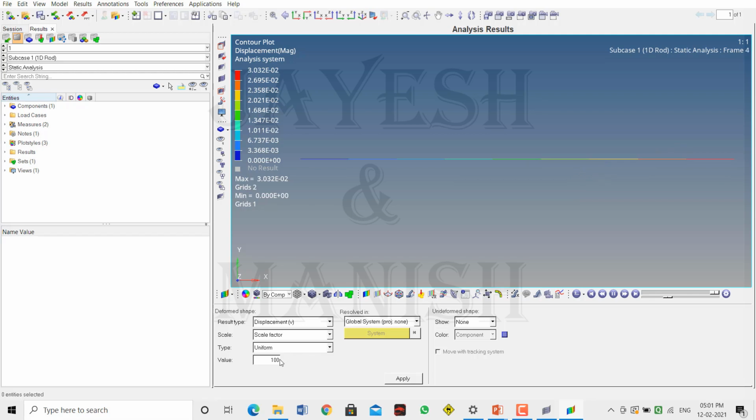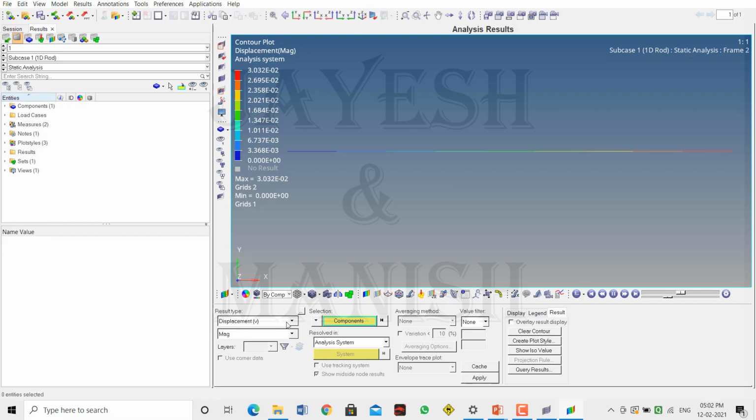Yes, and if you want to increase the value of scaling, then you can again add one more zero over here and click enter. So now you can see the deformation. And if you want to see the stresses developed, click on contour again. Result type, select as equivalent stress, and method as simple, and click on apply. You can see the stresses. We are getting a uniform stress for the entire body. So this is how we solve a 1D problem in HyperMesh.